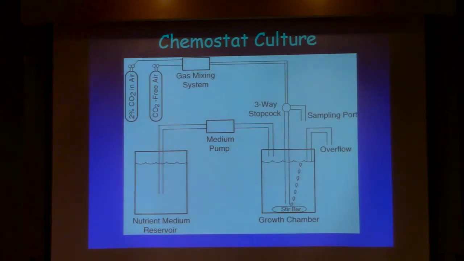Okay, here's a diagram that shows a chemostat culture. This is a cool way to grow marine microalgae. You put the algae in here, it's a growth chamber, and there's a nutrient medium reservoir. And the nutrients in there, you get high concentrations, maybe 100 micromolar nitrate. That's really high, but they're set at a ratio so one of those nutrients, typically nitrate, is limiting. So the algae in here, they're bathed in seawater, probably nutrient pretty similar to the concentrations of nutrients here, and they're allowed to grow and strip those